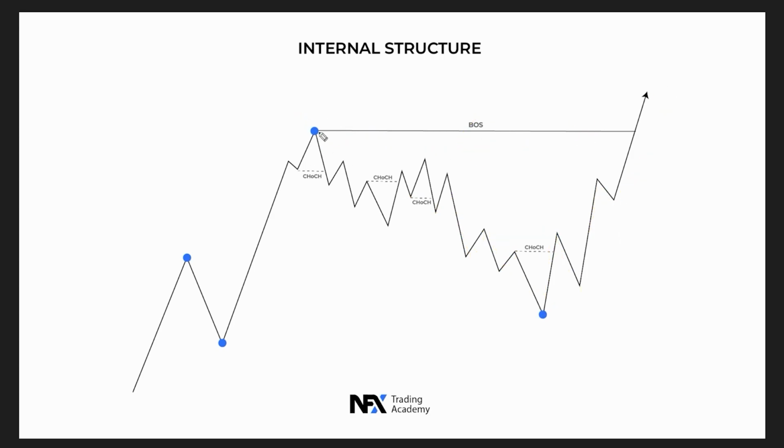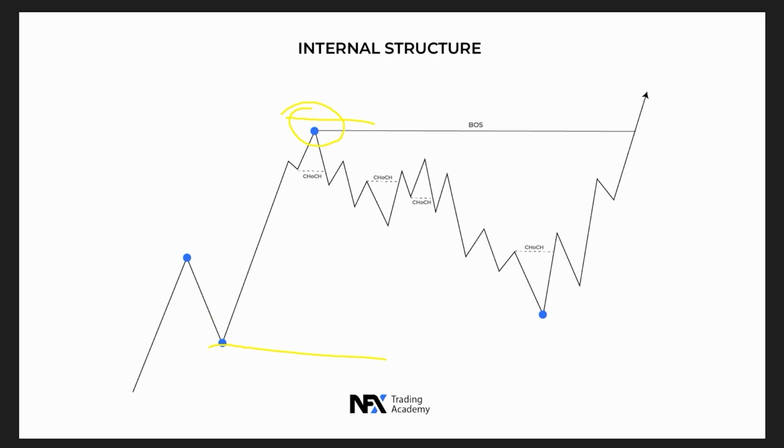The easiest way to avoid losses in the pullback phase is by using the premium and discount concept, which is really simple. This concept does not require a long video, just gonna keep it short and to the point. So once you identify a pullback phase and also once you identify the new high being set from here to here, you can start by using the premium and discount tool in order to find out the best area to wait for price to pull back in order to take pro trend, in this case buys, with the order flow, because it has a higher chance of being a winning trade.